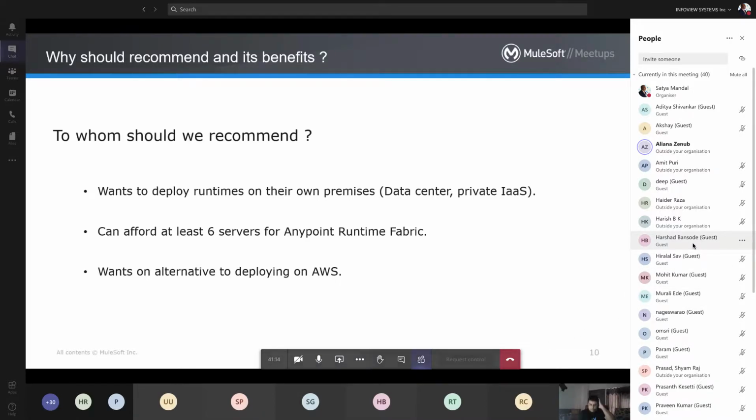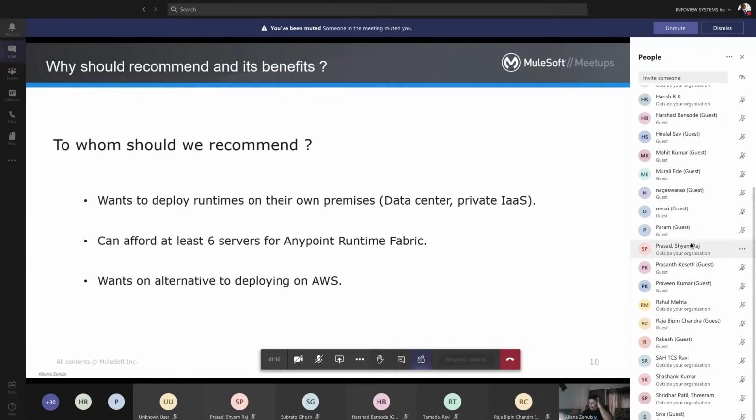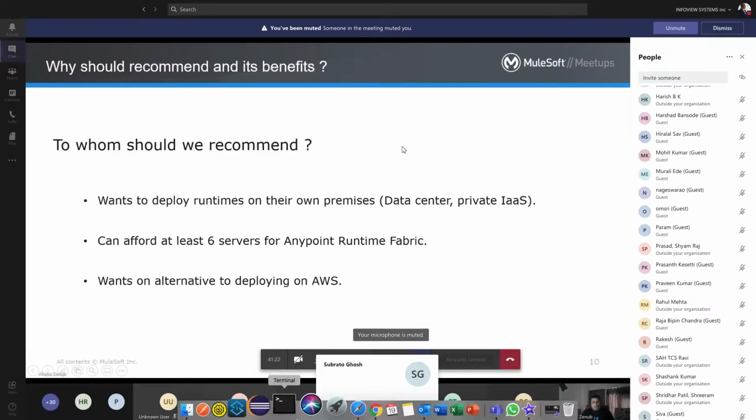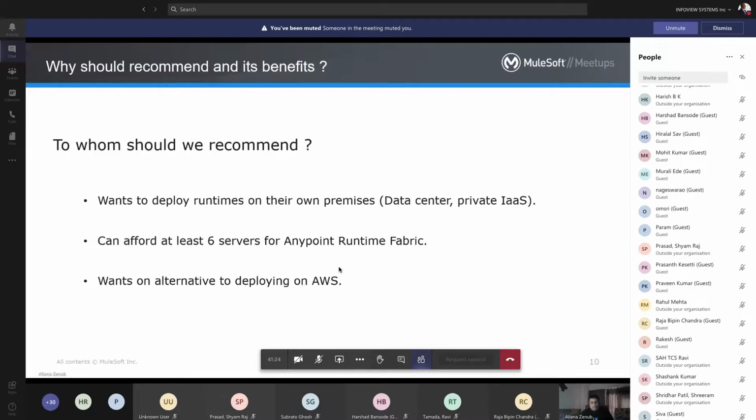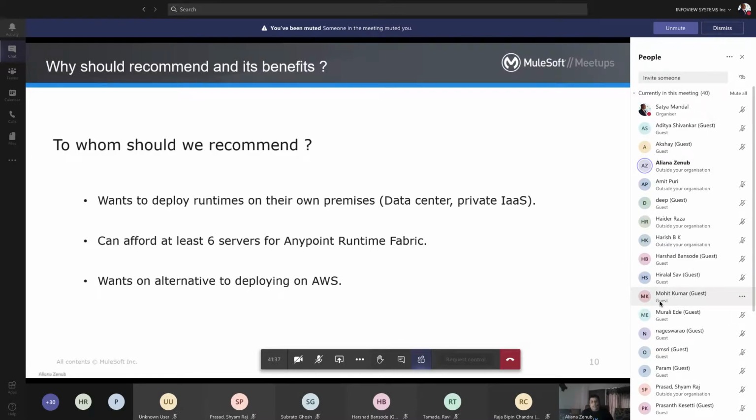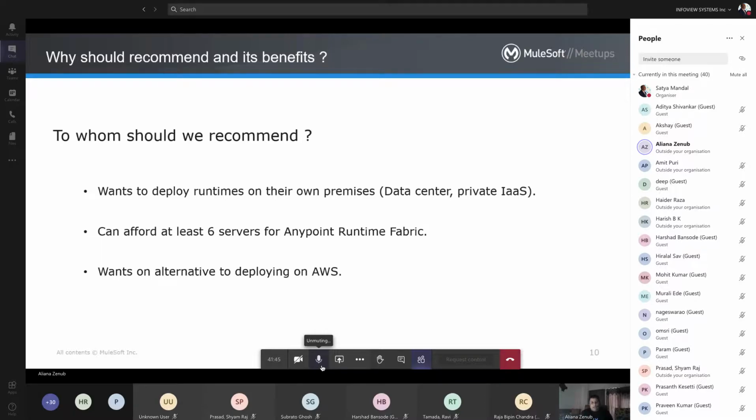It is recommended to have at least 6 servers to deploy, or to recommend this infrastructure to the customer, because of the need for high availability and to fulfill the cluster capacity on the platform.